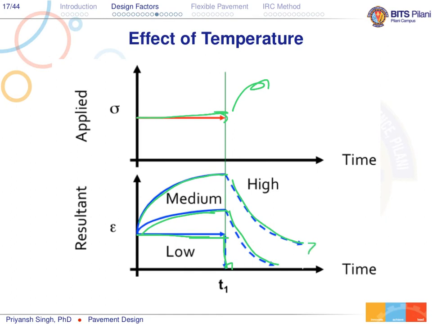It might also happen that it never regains its original shape, or the strain may never come to zero. This deformation, or this not gaining the original shape, because the strain is not coming to zero, this stored deformation in the material is known as permanent deformation. And with an increase in the number of cycles, this deformation will go on increasing, and this accumulated deformation in the pavement is known as rutting, as we have seen.